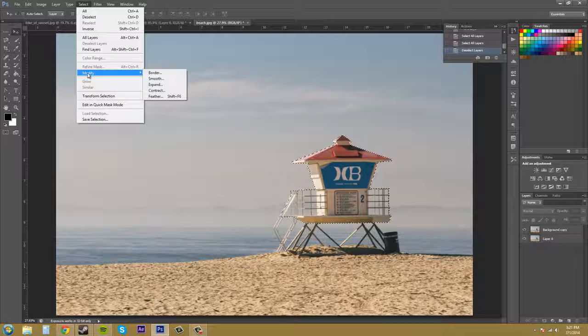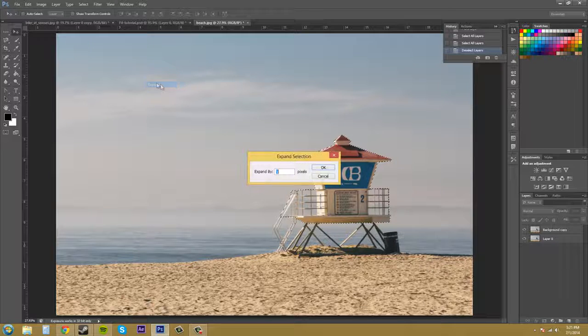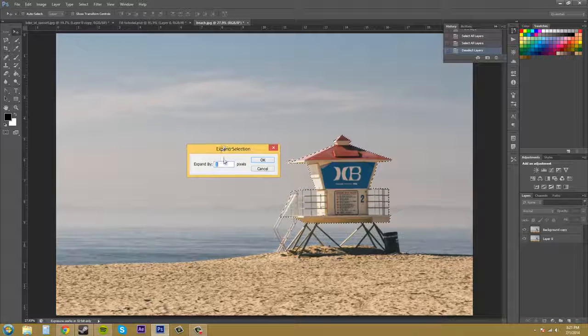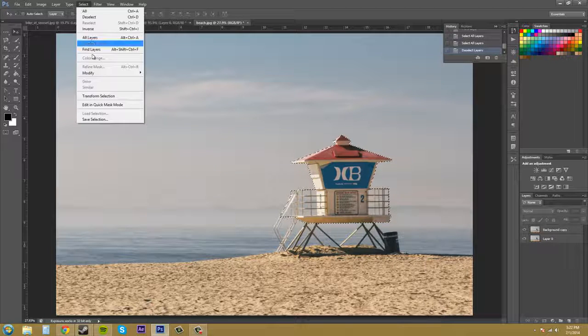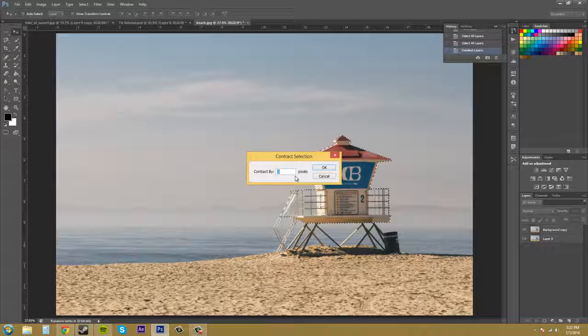The next one we have here is modify, and modify has a few things in it. It basically can modify the border by expanding or contracting it. So we'll click on one, go to expand, and it asks you by how many pixels you want to expand your selection. So if you're cutting out your selection and it has too much background information in it somehow, you can go in and make the selection smaller. You can contract it down,